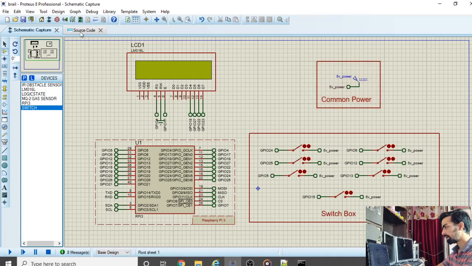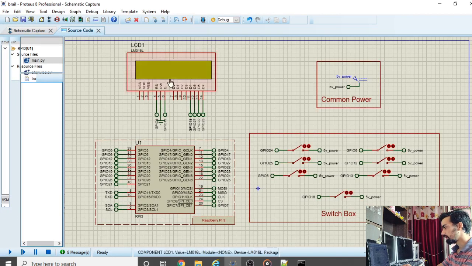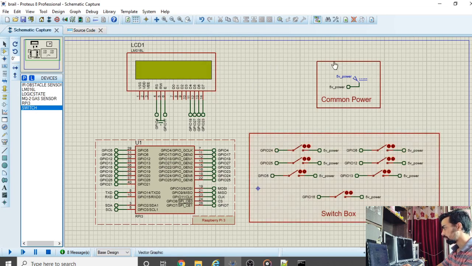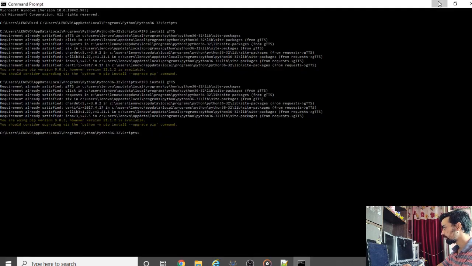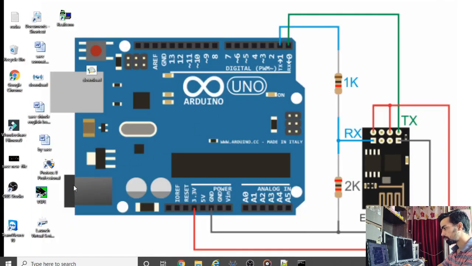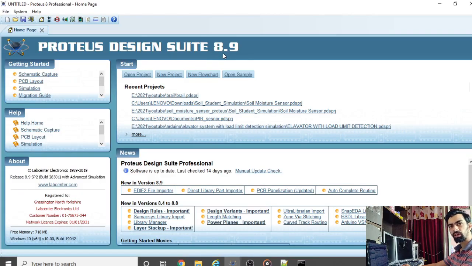So once you install that package, the next part is we have to design this project in Proteus. If you want to design this project in Proteus, open the Proteus 8 software, right click on it, then Run as administrator, click on Yes. You can see Proteus 8.9 version is required for simulating a Raspberry Pi project. If you haven't installed Proteus 8.9 yet, please install it. I have already explained how to install this software in my first video of Proteus 8. Please watch that video. The video link is given in the description.